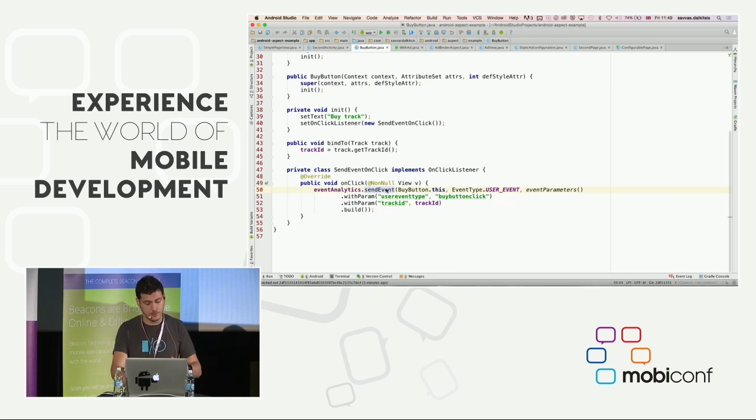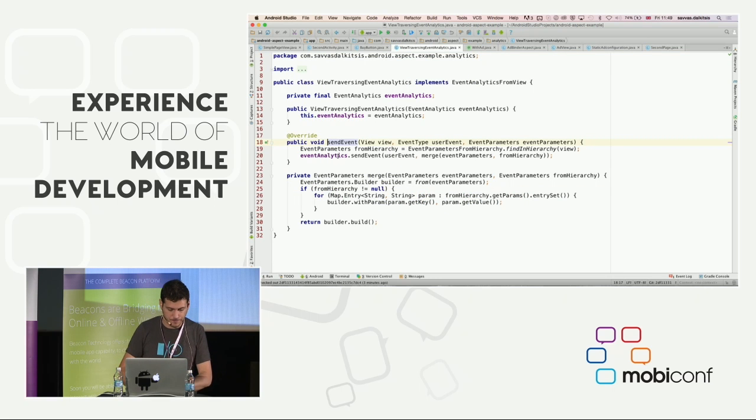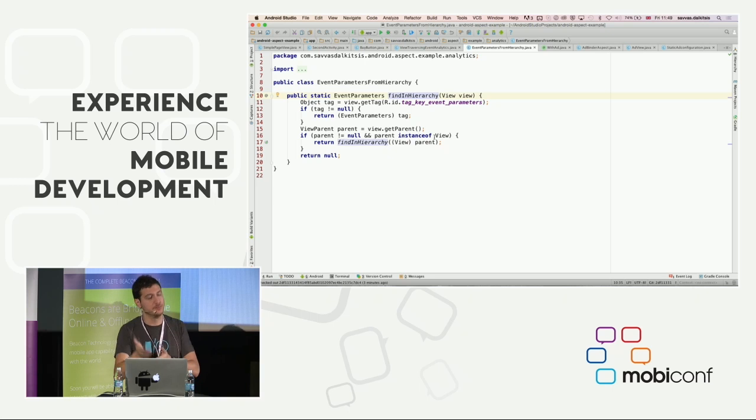Now the implementation of this uses a class to go and find that tag that was set in the root. It could go and find that root directly, but in this example, it literally traverses the tree from the view that you gave it, all the way back until it finds that object. It does so by doing this. It's a very simple recursive call. Do you have that tag? No. Give me your parent. Is it a view? Yes. Go and find that tag in there, and so on.